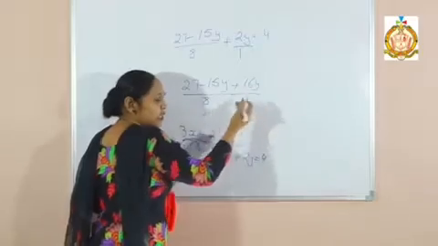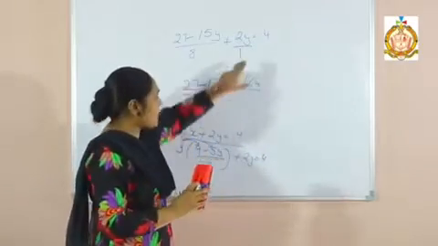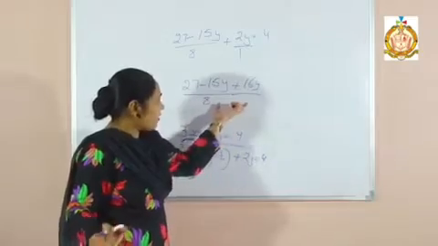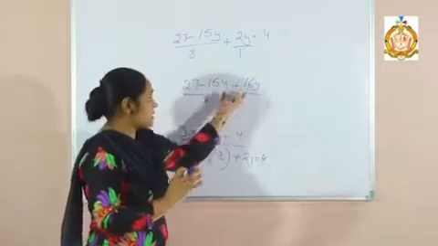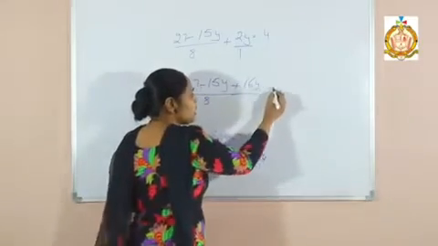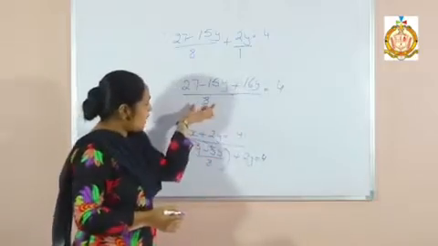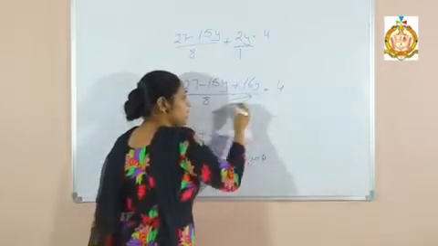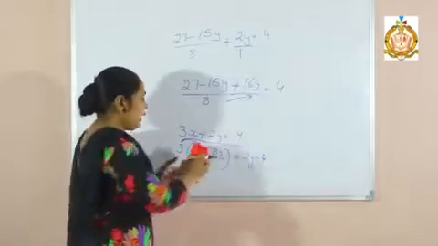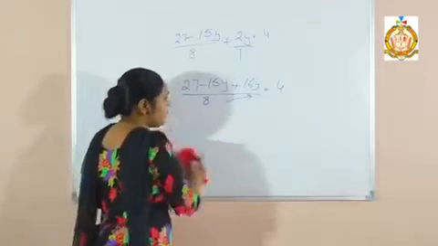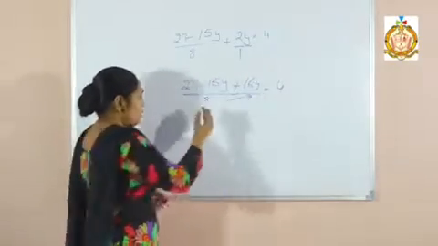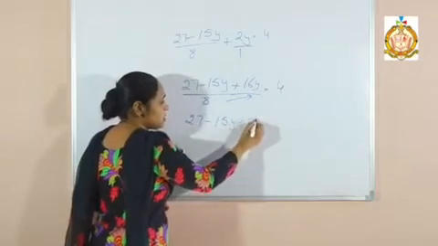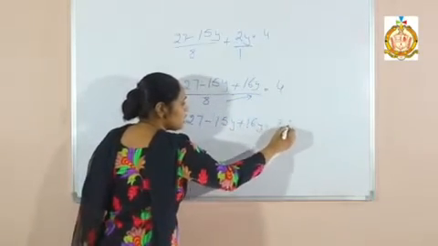These concepts we already do in the lower classes, because LCM you know, HCF you know. So that's why I am not explaining that one. Just I will explain the new method for you. So please listen to it. Now equals to there is a 4. Now what to do? We have to just remove this denominator because this is divided. Go to that side and multiply with 4. 8 will multiply with 4 and become 32. 27 minus 15y plus 16y equals to 32.